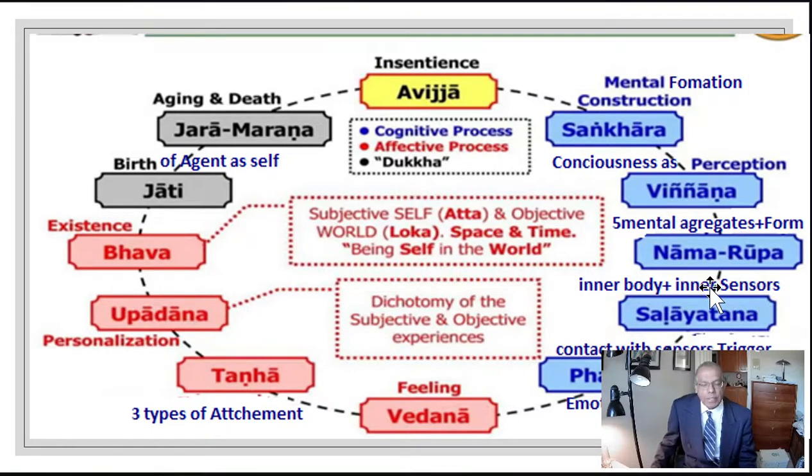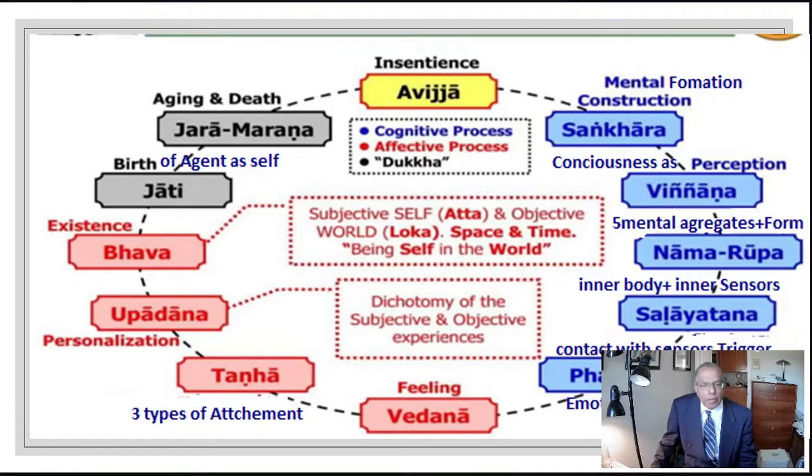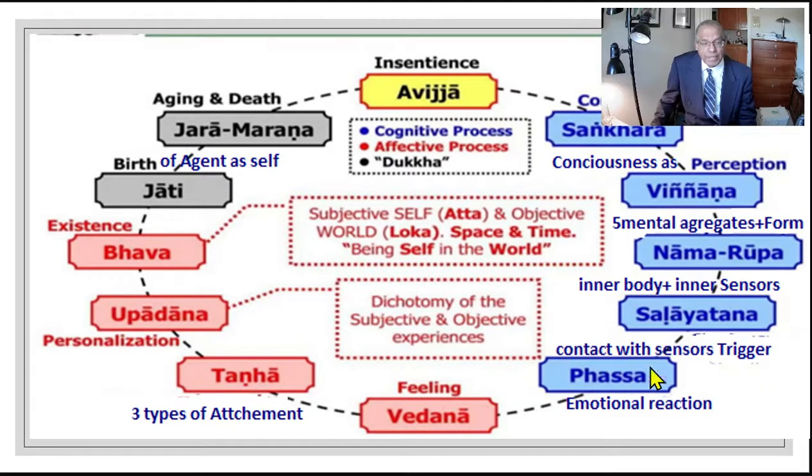It is continuous arising and ceasing. That's what we have to know there. Then Salayatana Pachya Passo, the contact with the senses, the sensory trigger taking place. The moment that you see a visual object, that creates the emotional reaction. And the emotional reaction is the component that this priest has learned about: every time you see an object, it has the ability to trigger wanting and desires.